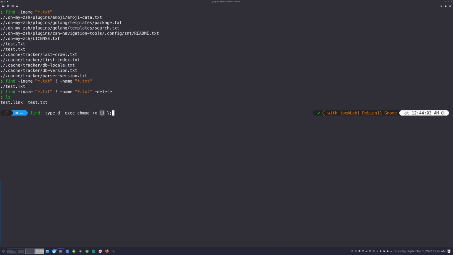And there is actually another option you can use here. There's actually two of them. You can use a plus as well, and you don't need the backslash with a plus. And the difference is that the backslash semicolon is probably what you want, right? If you do a backslash semicolon like that, what that's telling it to do is run this like it's a loop, okay?